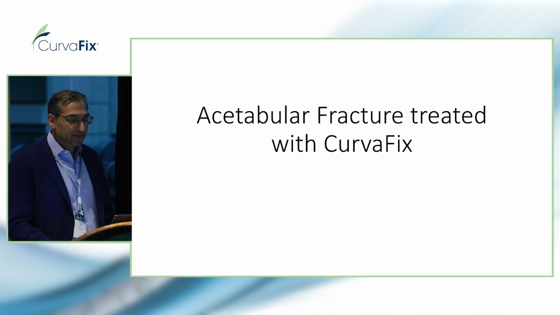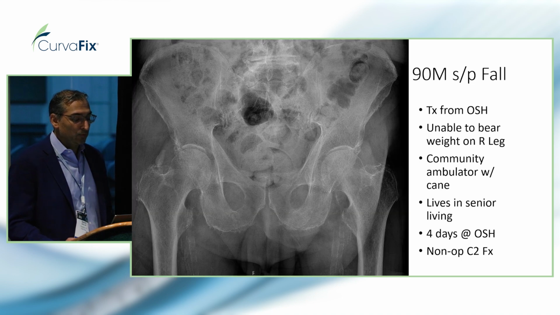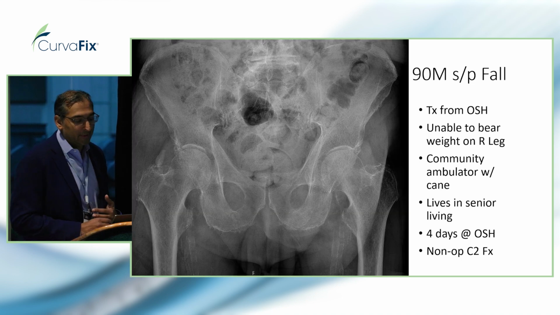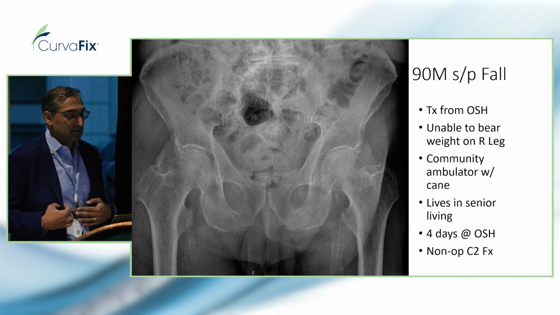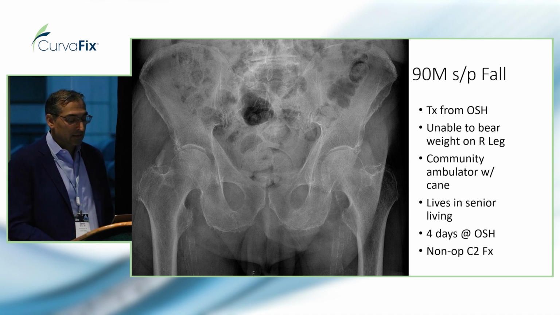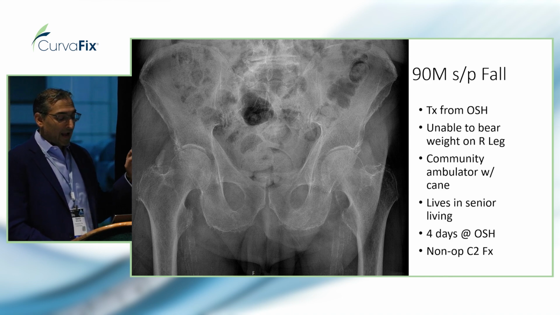was treated with CurvaFix. This is a 90-year-old male, status post fall, transferred again from an outside hospital. He's been unable to bear weight on his right leg since his injury, and initially they were treating him like a femoral neck until they got a CAT scan. I'll show you the scan in a second. He's a community ambulator with a cane. He lives in senior living but lives independently, and he's been at the outside hospital for 4 days, unable to